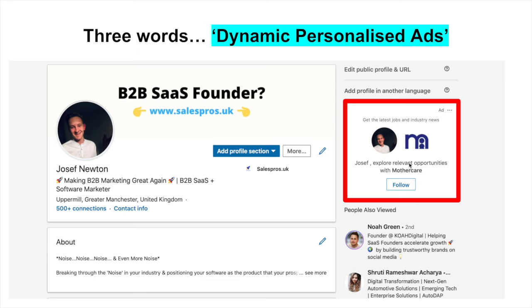So let's say for instance, let's go for your software is for agency owners, okay? What you can do is a bit of a test, okay? And I'll explain this in a minute. Let's say you've got a software built for agency owners, okay? And you want to really understand what is it that agency owners are really struggling with, okay? Well, a really, really great way to understand that before you go and run a big campaign or go and create some crazy video, a really easy way to understand that is by running these dynamic personalized ads